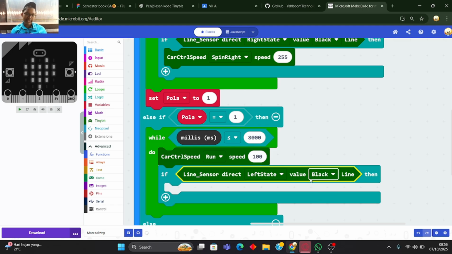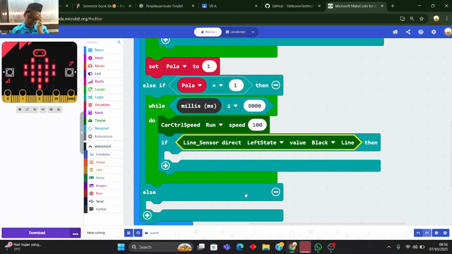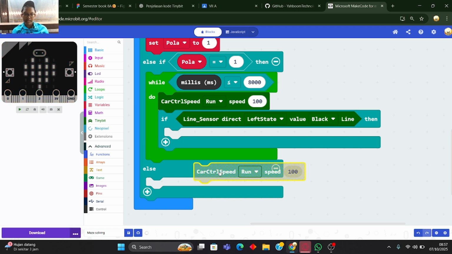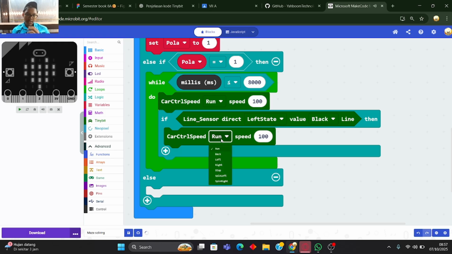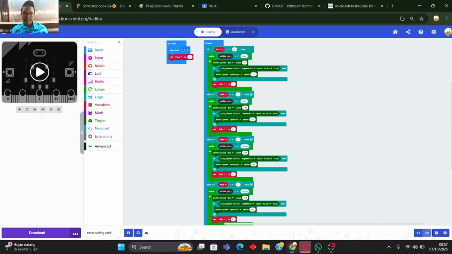So for the second pola, when the left sensor of the Tiny:bit detects the black line, we can duplicate from this: car control speed, spin left, the speed is 255.